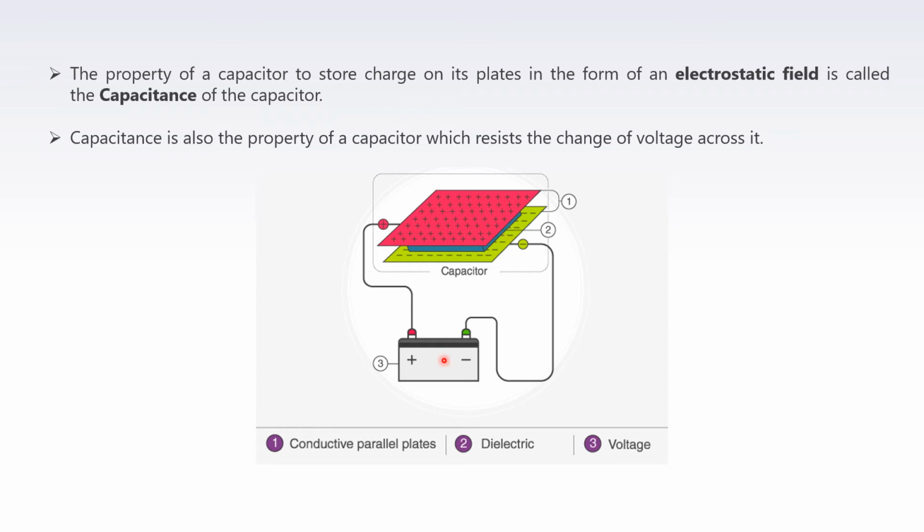When battery or external voltage is applied across these two plates, capacitor will start charging. Once voltage across the capacitor is equal to source voltage or external voltage applied to it, then the capacitor is called fully charged. And if now you connect any load across this capacitor, it will circulate current, it will start discharging through the load.